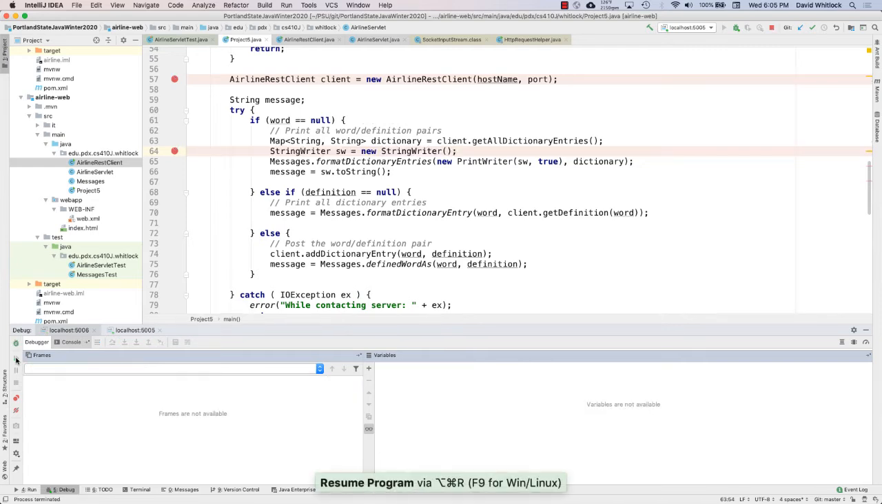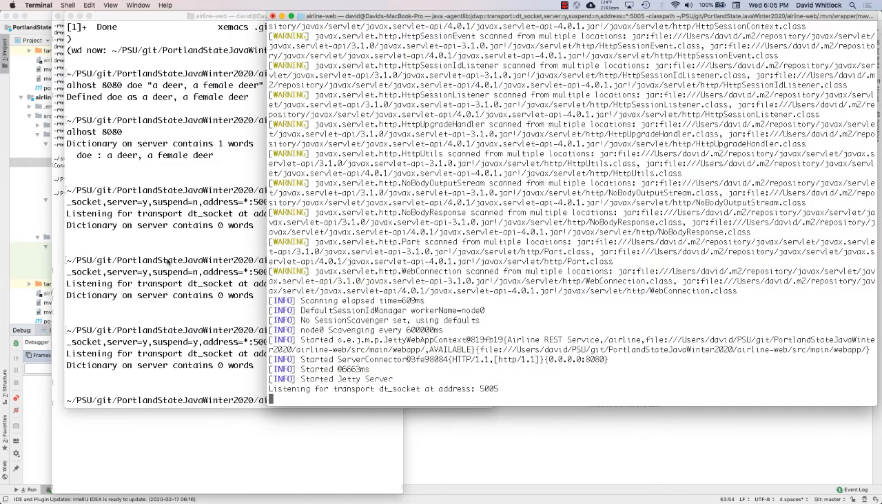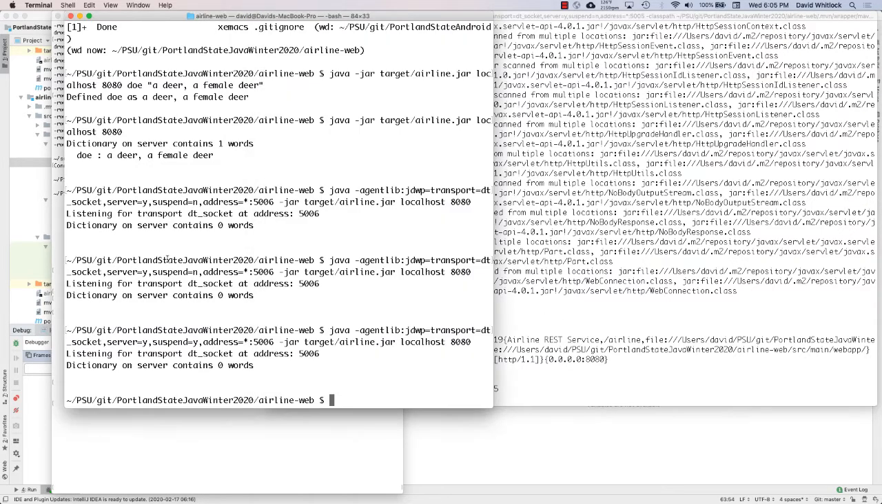Okay, and so now I'm just going to continue on here, and you'll see that our command line program that we ran returned, yep, the server has 0 words. Actually, nothing happened on the server, which is fine. All right, remember,